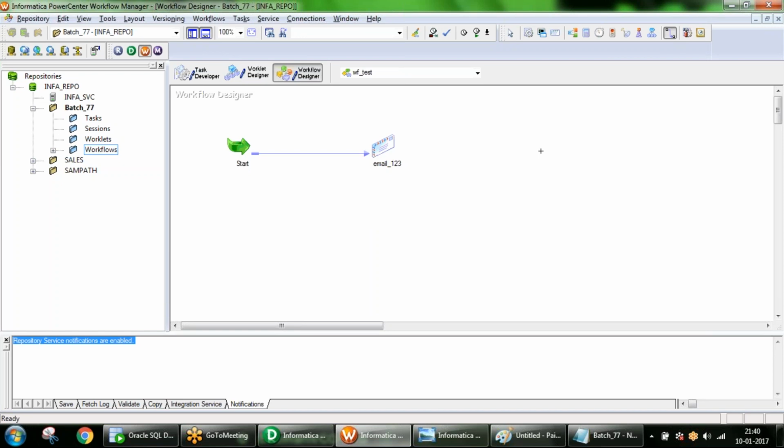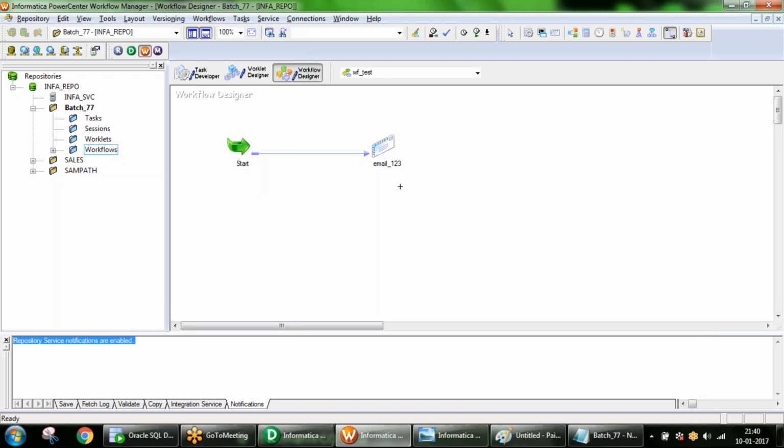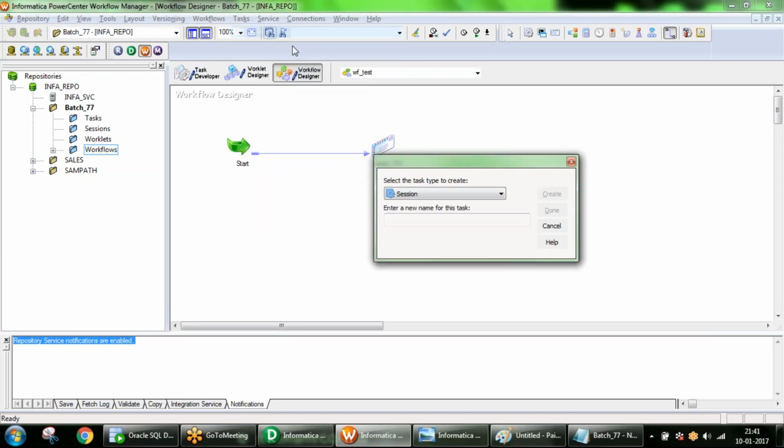It has a task called email. In the email task, we are giving a set of instructions. Now if you execute this, it is going to send an email notification as per your instructions. Like this, we have n number of tasks, nine to ten tasks. Everything we are going to discuss one by one.